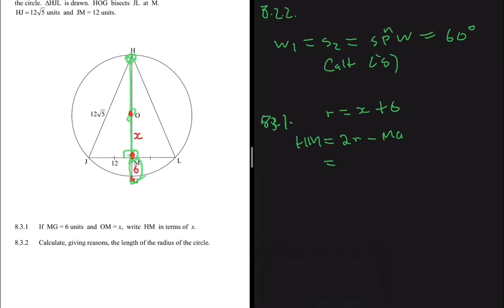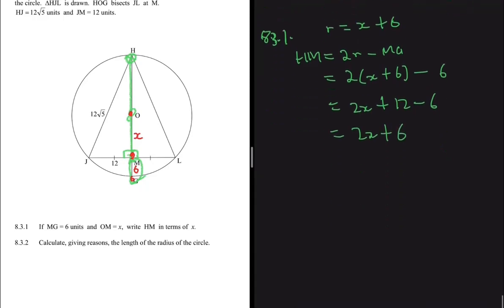So if we substitute that in place of the radius, we're going to get 2(x plus 6) minus MG, which is 6, right? So that will be equal to 2x plus 2 multiplied by 6, 12, minus 6. So HM will be equal to 2x plus 6 units, right? And then now we can move to